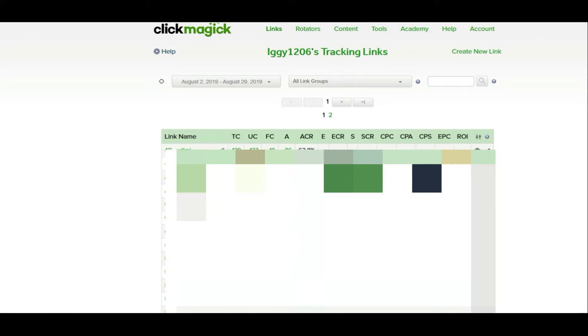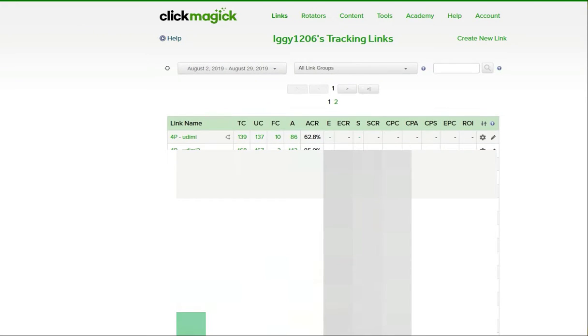get from ClickMagick. Now there are a lot of other apps that serve the same purpose as ClickMagick, like Bitly and others, but I personally use ClickMagick because it's easier for me to use. It's a very user-friendly